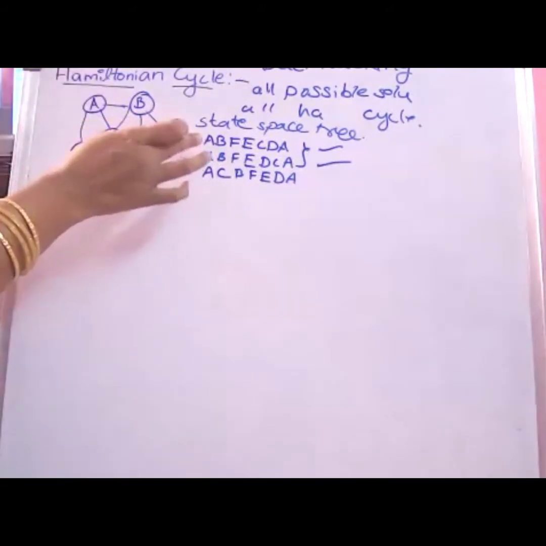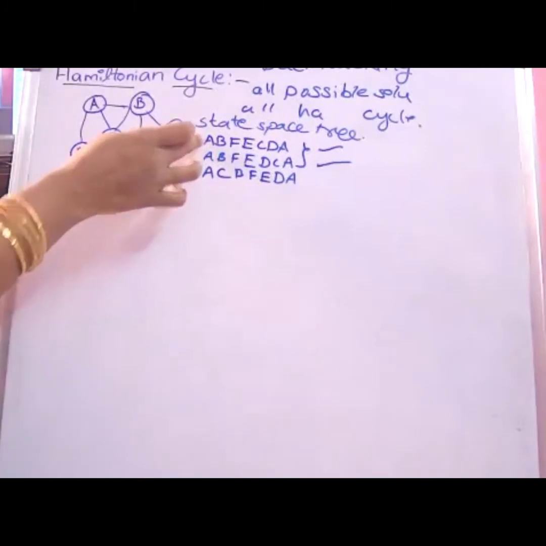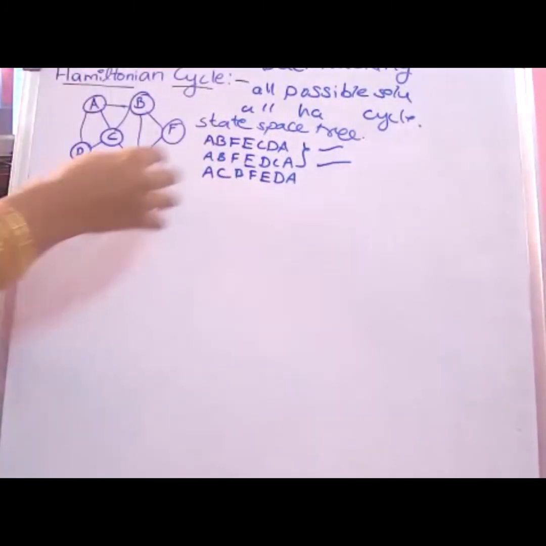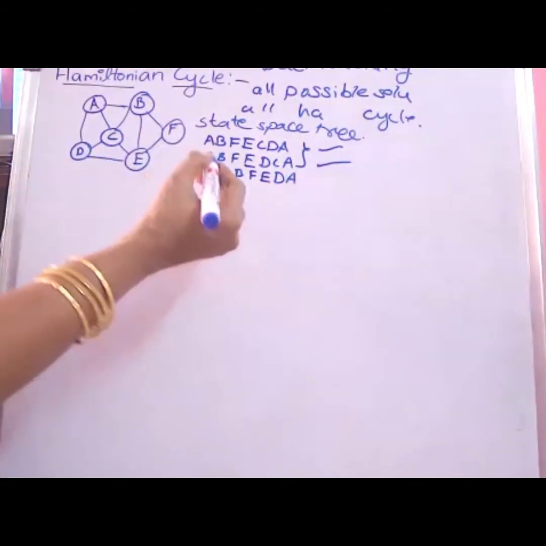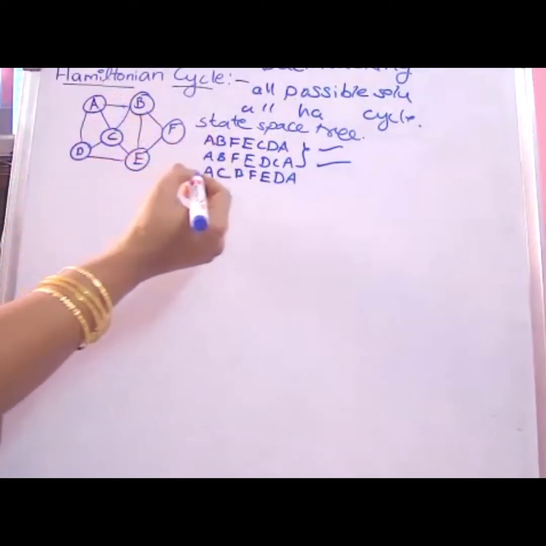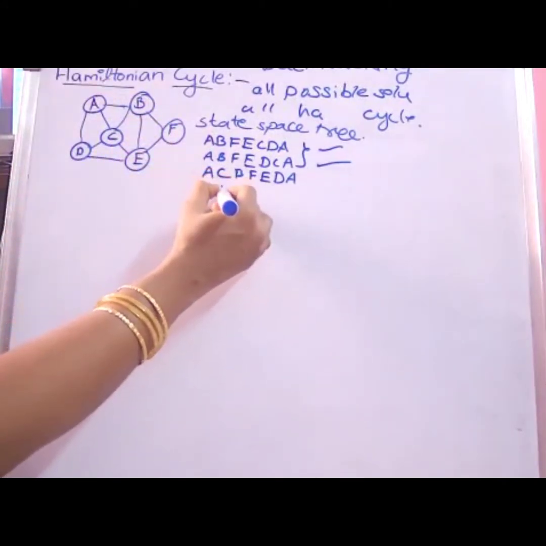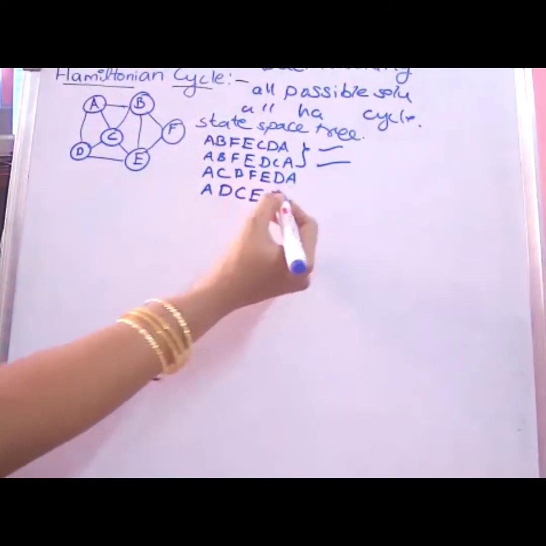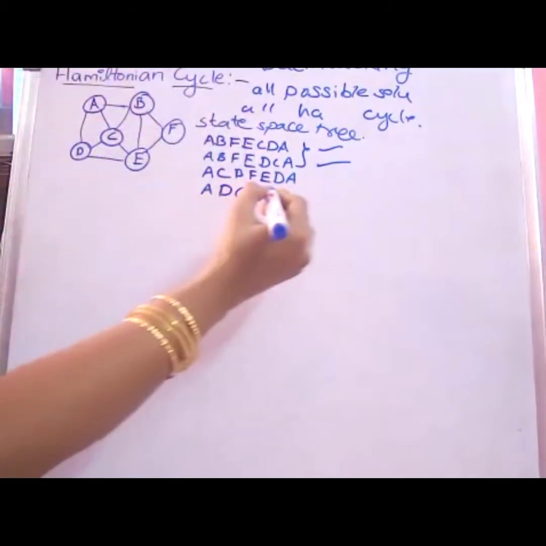If you want to give the solutions from the starting point A, try to give all the solutions from the starting vertex A. So till now you have given these three, and one more possible solution. 43 also gave one more possible solution: A, D, C, E, F, D, E, C. These are the possible solutions. So by looking at the graph itself, we got this.